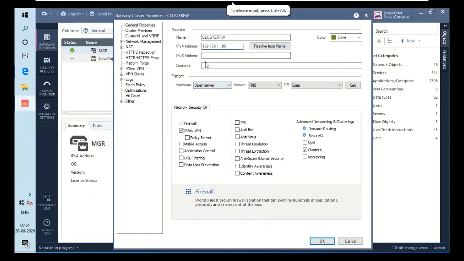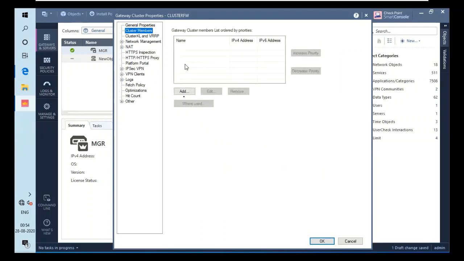Great. The next thing that you have to do, as you can see, we don't have any communication here. As you do in a firewall, you must communicate. You have to establish the trust. For that cluster trust, you first have to add the members to the cluster. So I will go for cluster members, click on add, and click on new cluster member.